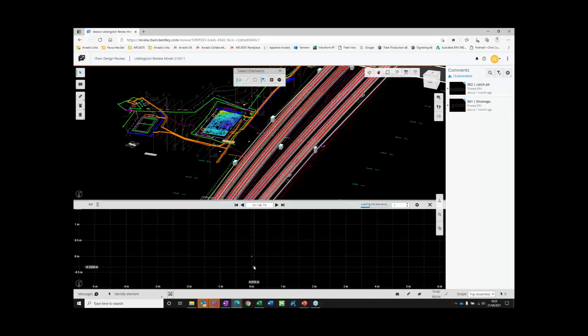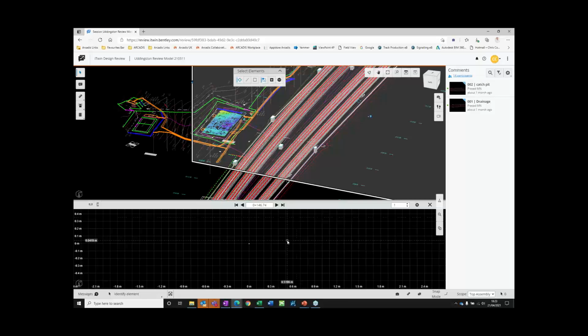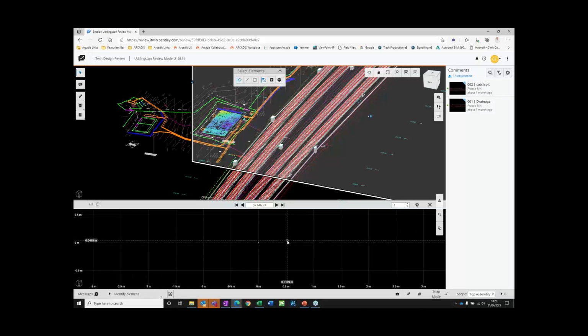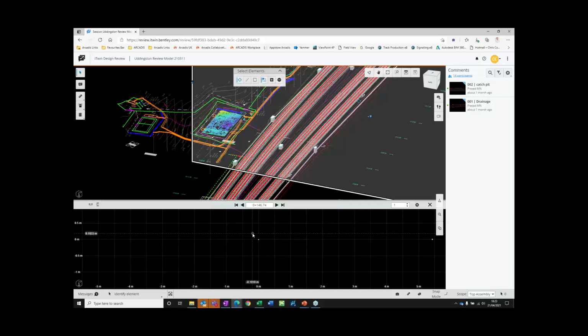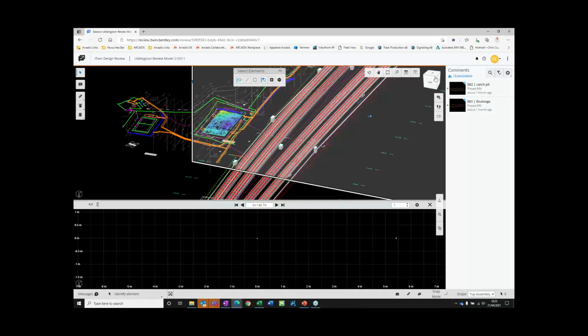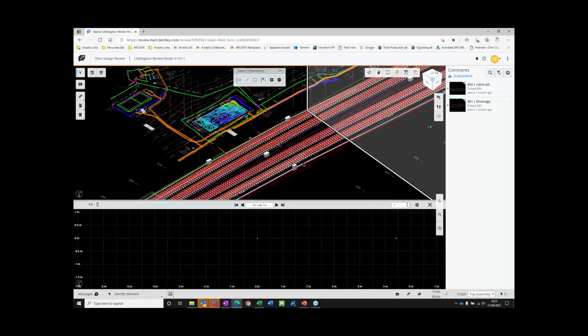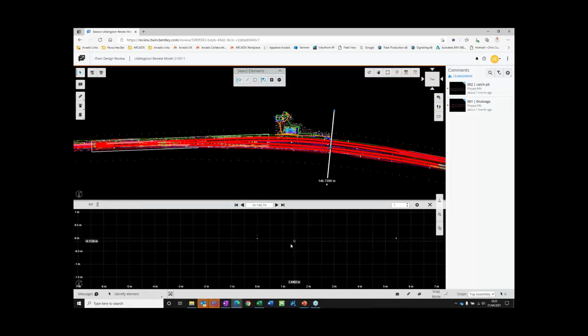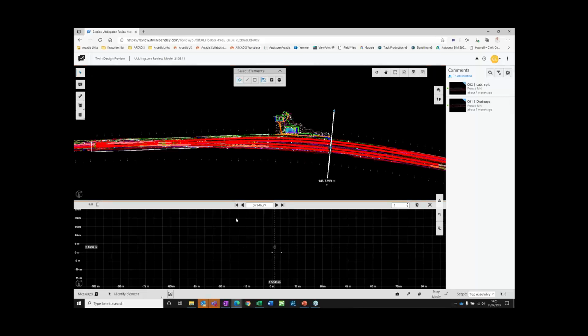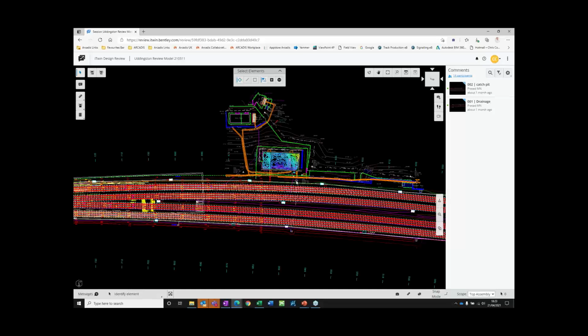What we should see here is obviously a profile across the site at that location. As I said, this worked for me earlier on. It's typical of a live demonstration that it's decided not to work for me. But the use of these tools has been useful in our IDCs and our pre-IDC meetings, and the team have really seen the benefit of having access to this kind of information, where they can start to discuss clashes, potential clashes, and design issues as they occur.